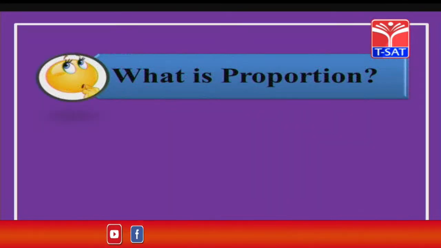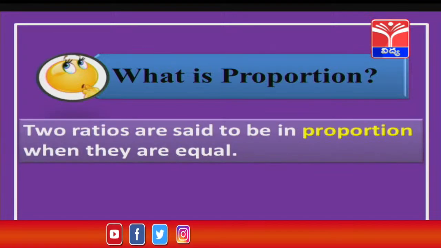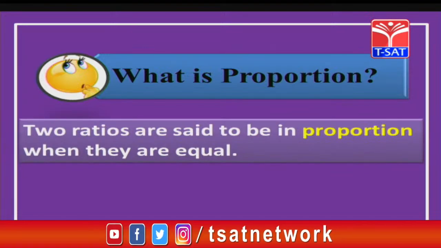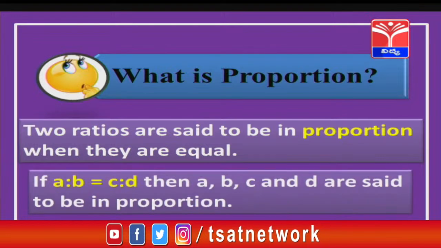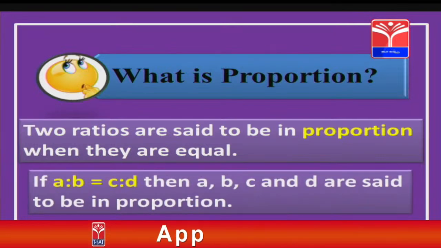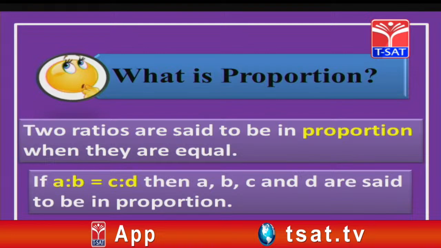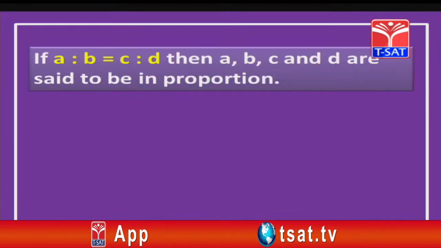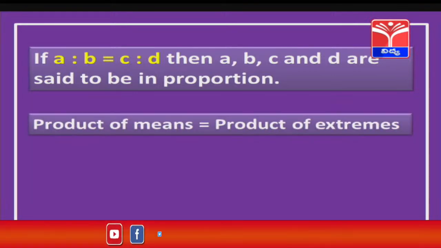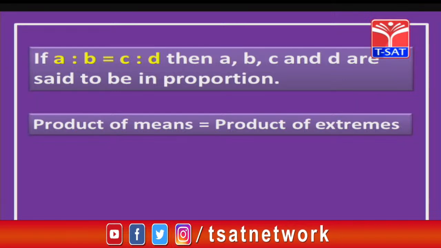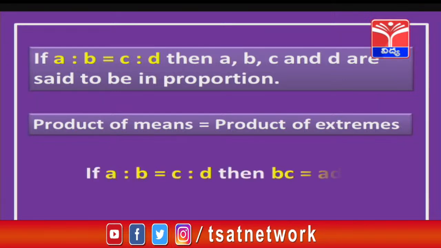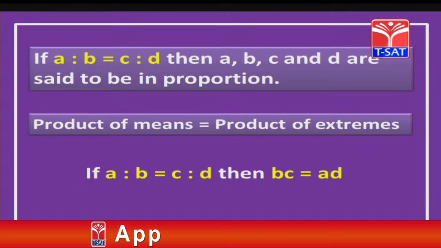And children, do you know what a proportion is? Two ratios are said to be in proportion when they are equal. If we have two ratios A is to B and C is to D equal, then I can say A, B, C and D are in proportion. And again, if they are in proportion, we can write that the product of means is always equal to the product of extremes. That is, A is to B is equal to C is to D, then BC is equal to